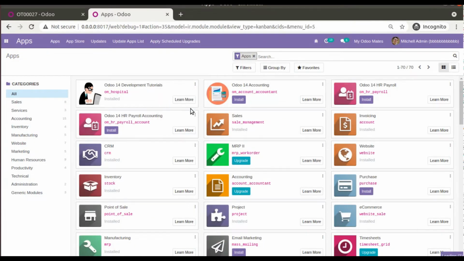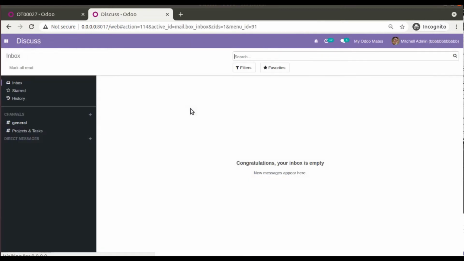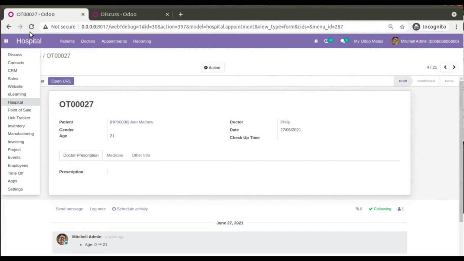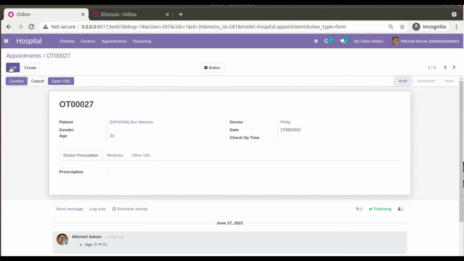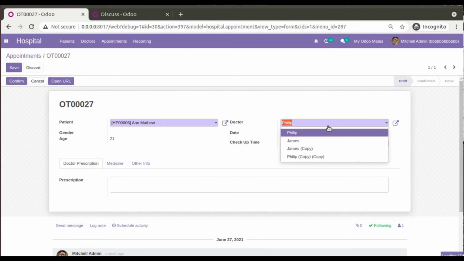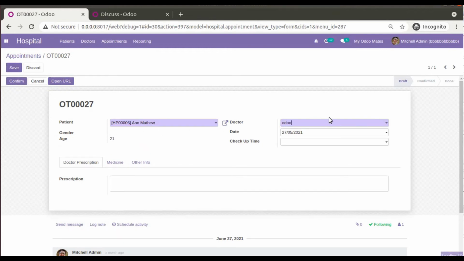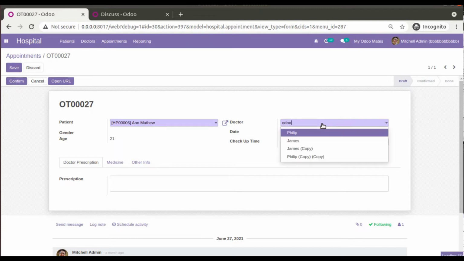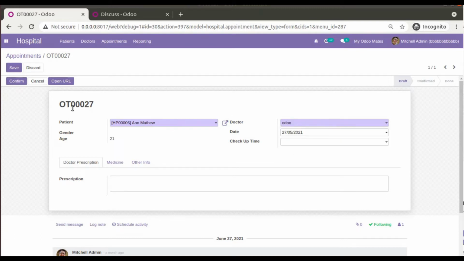So if you haven't got this module, you can simply download it free from the Odoo App Store. The module has been successfully upgraded. Now if I refresh the view and click on edit and try typing Odoo, you can see no suggestions are coming. Earlier we were getting "Create Odoo". Right now it's not happening.